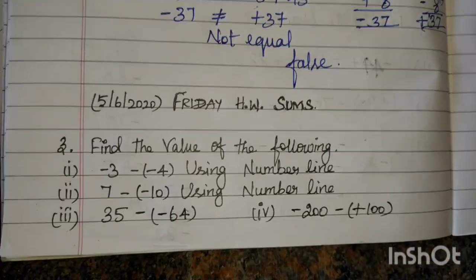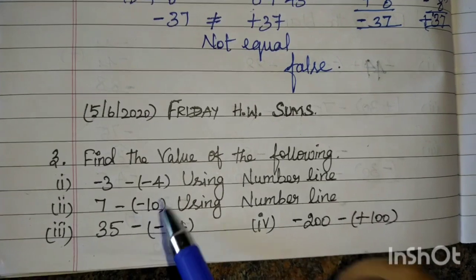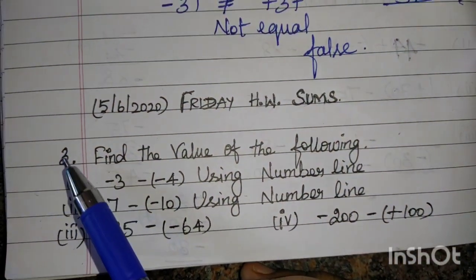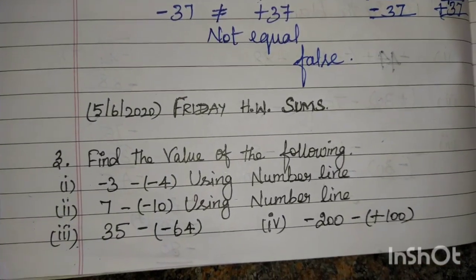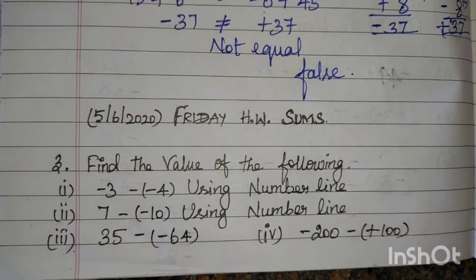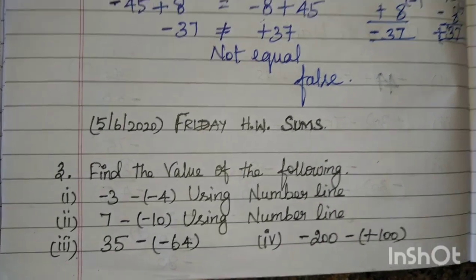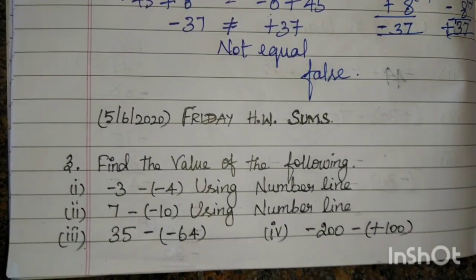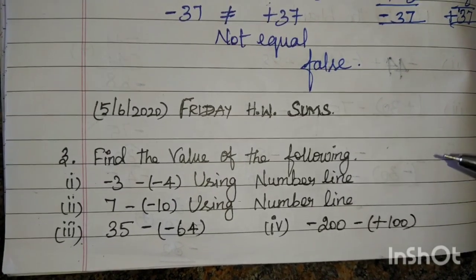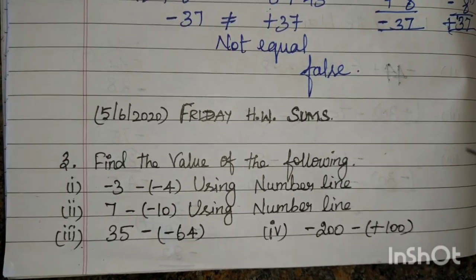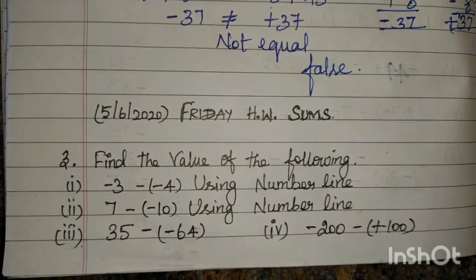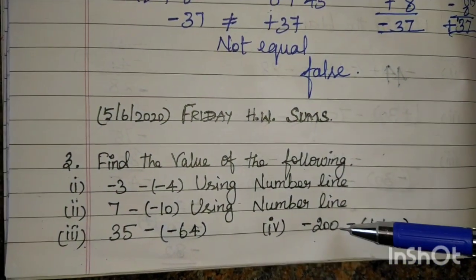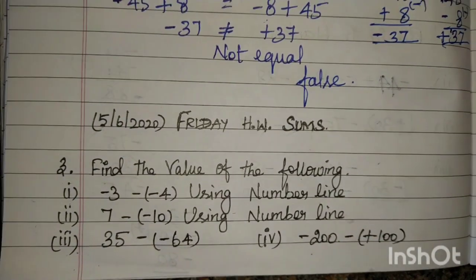Okay. Children, up to this I am going to finish today's class. After this you just do these sums as homework. On Friday 5/6/2020 try to do all the sums. Children, I am worried that you people are writing the questions and answers whatever I am showing you, but you are not trying the sums whatever I tell you to do. Okay, but this time I am expecting from you all, you just want to do all these 4 sums, solve the sums and show me the answers also. Okay.